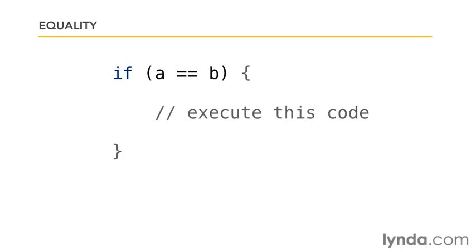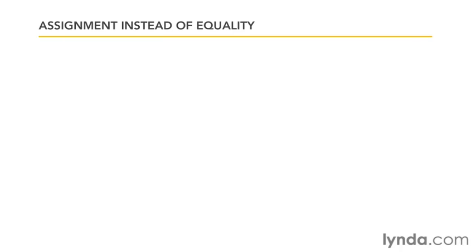But there's a mistake that's very easy to make. In fact, pretty much every programmer in a C-based language will make this at some time in their career, and that's to accidentally use assignment, the single equal sign, instead of equality, the double equal sign, or in JavaScript, the triple equal sign. What that means is that, say we create a couple of variables. Variable A, set it equal to 5. Variable B, set it equal to 10,